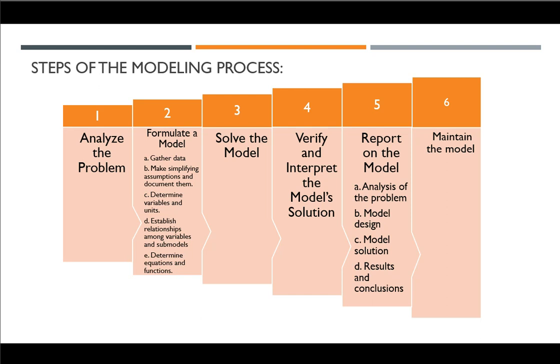Okay, so letter E, determine equations and functions. So after or while establishing relationships now between variables, we determine equations and functions for these variables. Okay, so for example, we might decide that